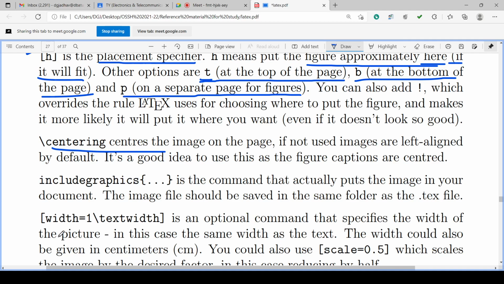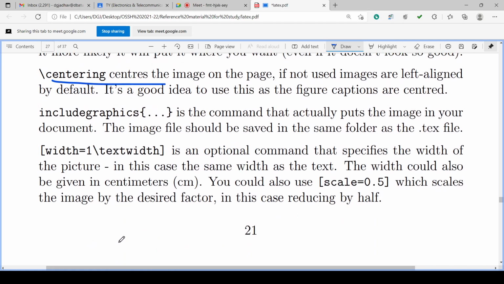And square bracket width equal to 1 backslash textwidth is the optional command that specifies the width of the picture. In this case, the same width as the text. The width could also be given in centimeters. It also could be possible to use square bracket scale equal to 0.5, which scales the image by the desired factor.